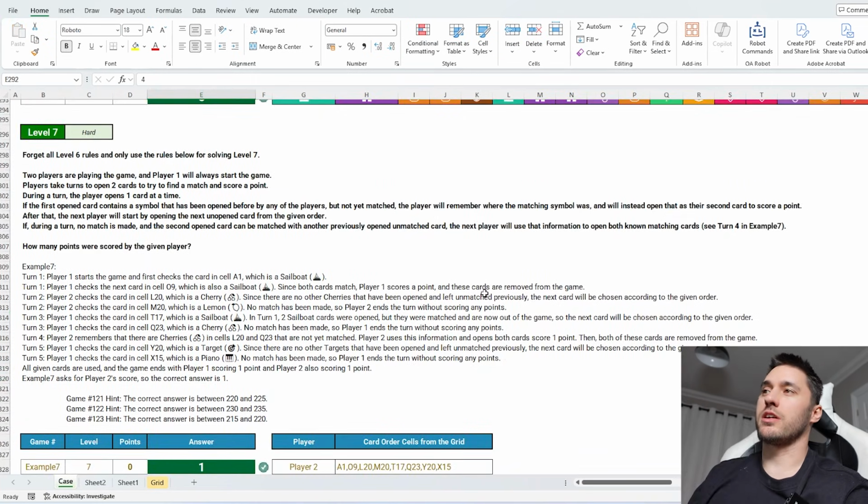Okay, and level 7 is kind of really the real question of the case. Player 1 will turn 2 cards over. If they match, great. If not, player 2 remembers what they are. So on their first card turnover, if they match something that's kind of in the bank of memory, then they can go and find it and match the second card easily. So